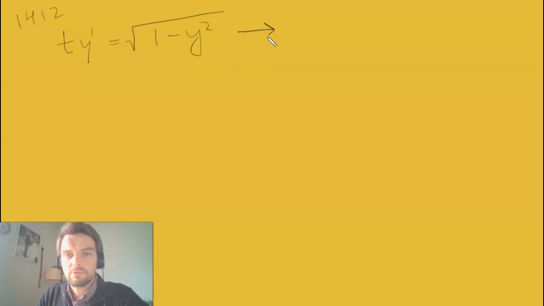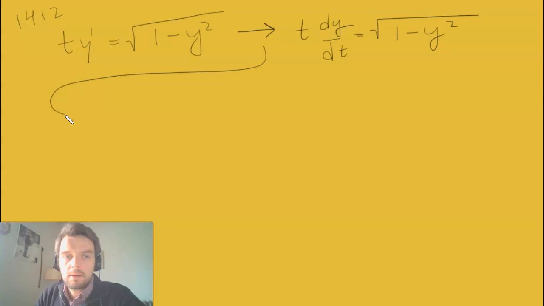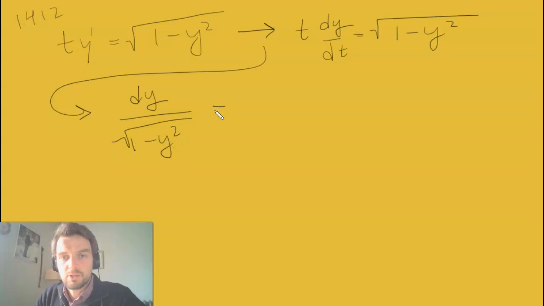So what's a good first step that a lot of people like to do, and I think this is okay, is to think about y prime as dy dt. And then our goal is to move everything with a y to the left and everything with a t to the right. And as we do that, we'll end up with a dy divided by square root of 1 minus y squared is equal to